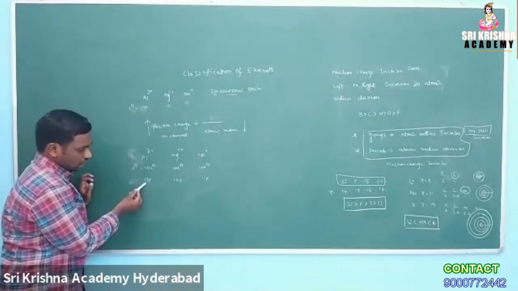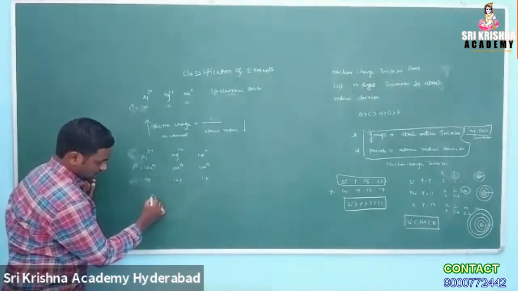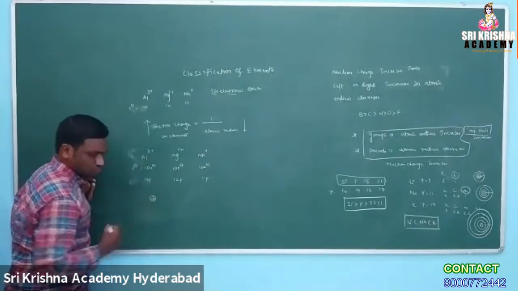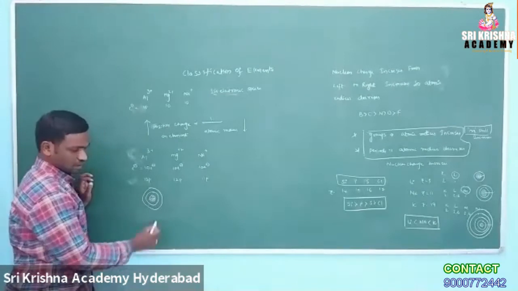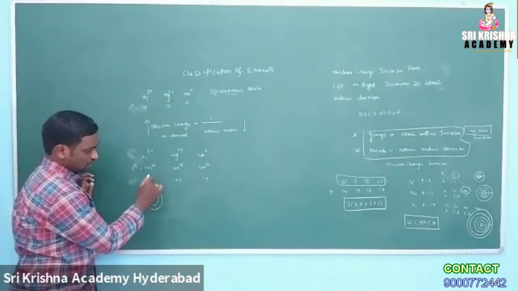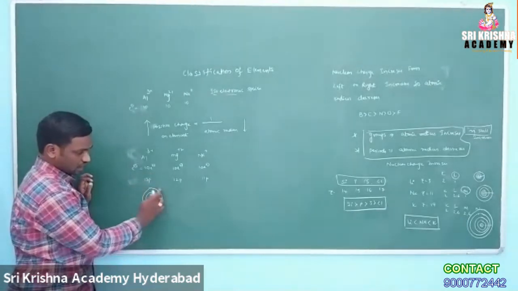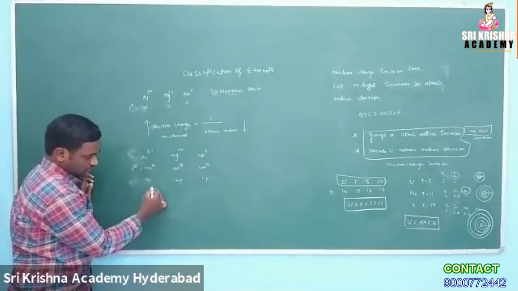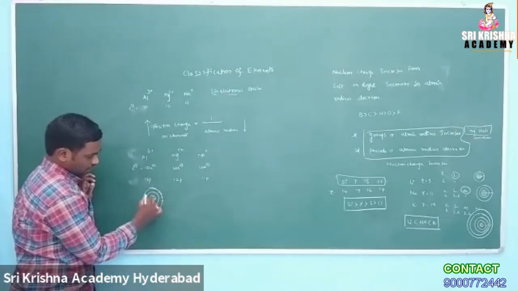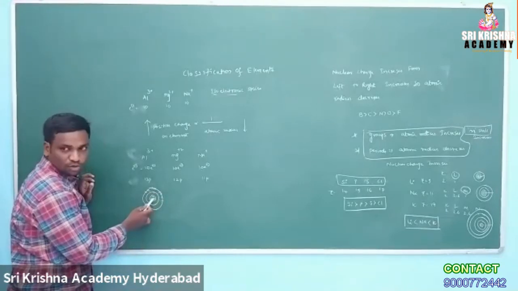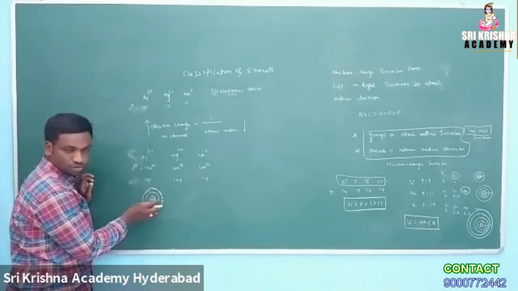In the aluminium case, inside the nucleus 13 protons are there, which means 13 positive charge. This 13 positive charge is attracting 10 electrons. 10 electrons means K shell having 2 electrons, L shell having 2, 6, so the outer shell has 8 electrons. 13 positive charge is attracting 8 electrons: 1, 2, 3, 4, 5, 6, 7, 8. More positive charge is attracting towards the nucleus, which means this shell is near to the nucleus.